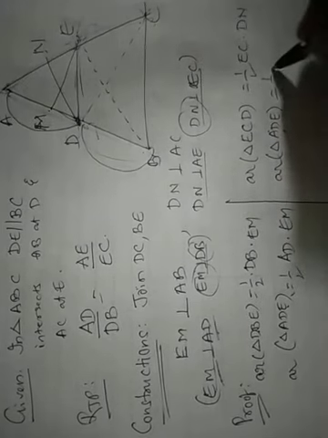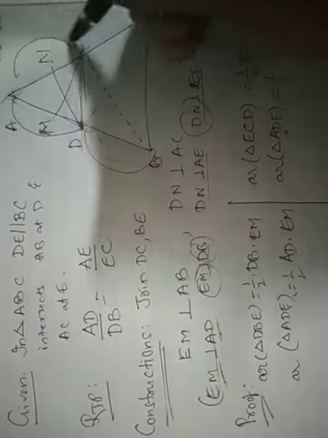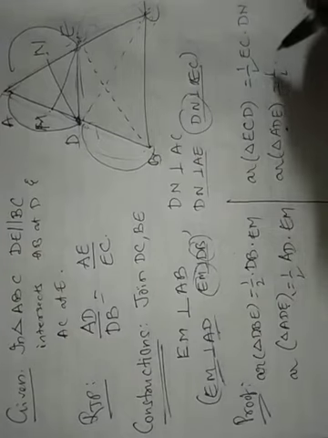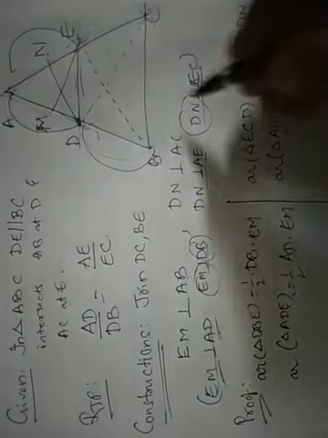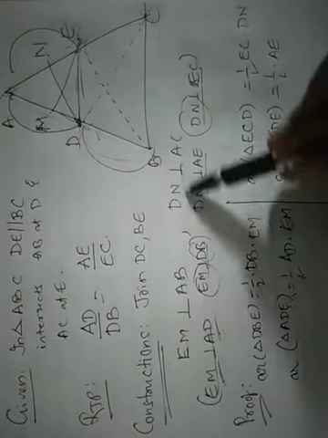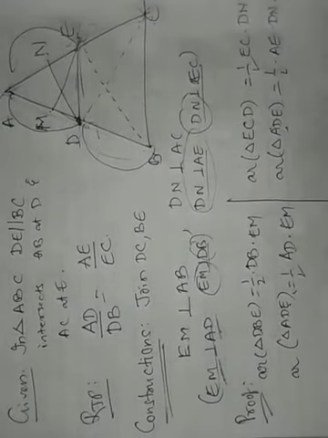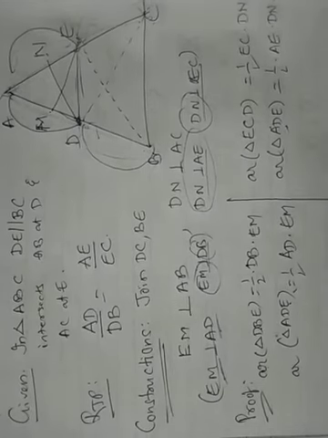Similarly here, half into same triangle, but we are taking area from this side. We are calculating area from this side, that is half into base, we are taking AE, into AE के perpendicular में कौन सा है, DN. So half into base into height. So writing these 4 lines is key for proof. अगर ये 4 लाइन आपने लिख दिया आपका proof खत्म.